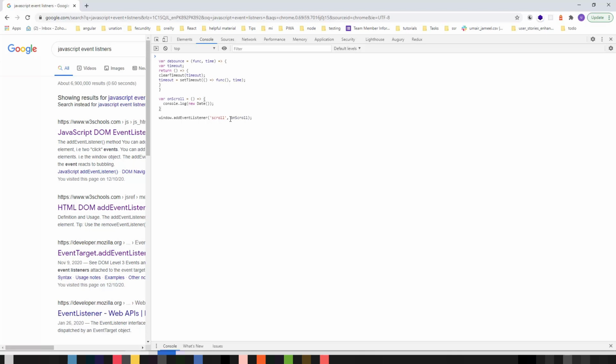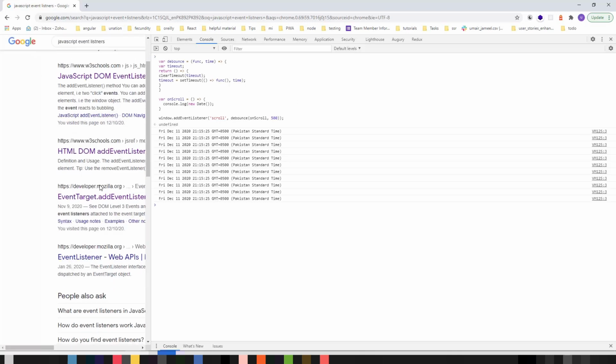Now within this scroll, I want to put this whole function within this debounce function because it is receiving a function. So I'm going to send this particular function as a param to this function, and also I'm going to set the time after which this should trigger. So debounce, and this is going to be the on scroll, and I want to give it 500 milliseconds, right? So now hit enter. Now if I scroll down,